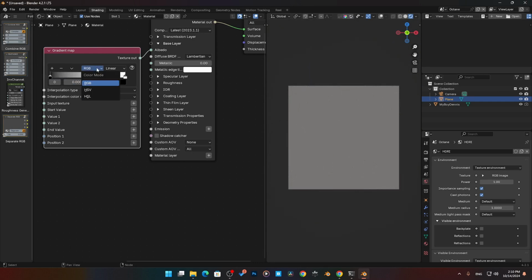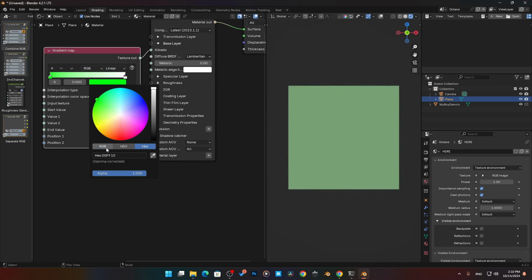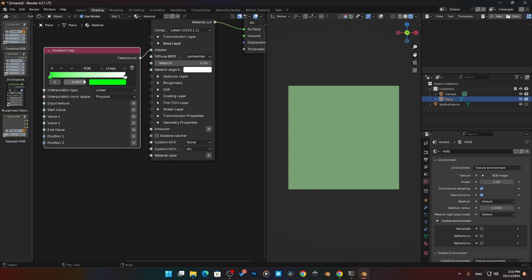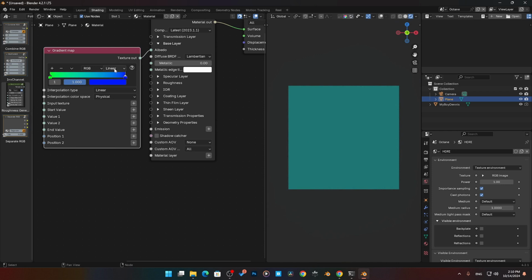You see here we have our RGB values because we can also change this to color. Grab up here again, if we want to use RGB, whatever you want, you can change the colors there. If I come over here to the white side also, we can change these colors. Then we have our interpolation mode. Again, we can control how these colors will be blended with these different types of modes here, easing,